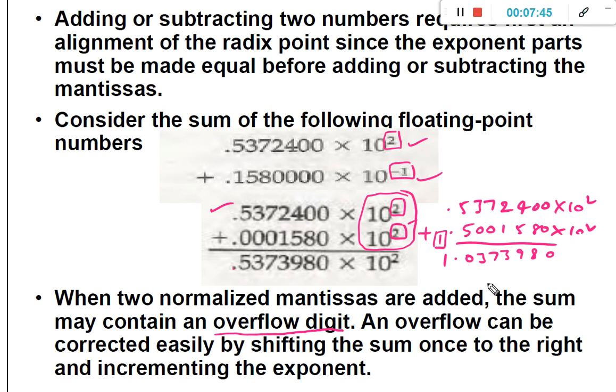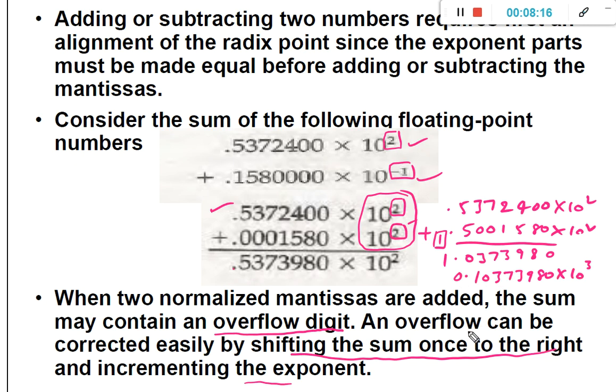To make sure that the result is normalized once again, an overflow can be corrected easily by shifting the sum once to the right and incrementing the exponent value. That is, it will be converted into 0.103733980 and just increment the exponent value to 10 cube. Then automatically it will be once again normalized.